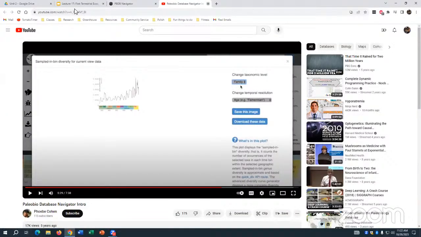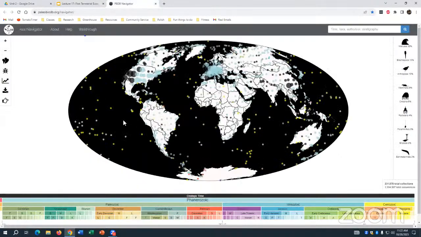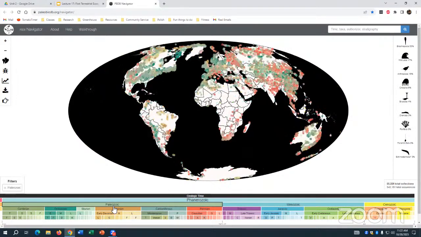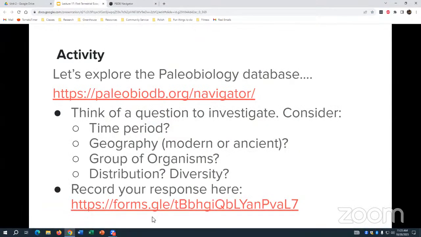So go ahead and kind of click around in here, get familiar. Ask yourself a simple question. Doesn't need to be anything fancy, but let's stick for something in some part of the Paleozoic, but the time period we're interested in right now. So you can pick some fish stuff, some invertebrate stuff, some plant stuff, and just kind of play around. Kind of ask me in the form. It just asks like,